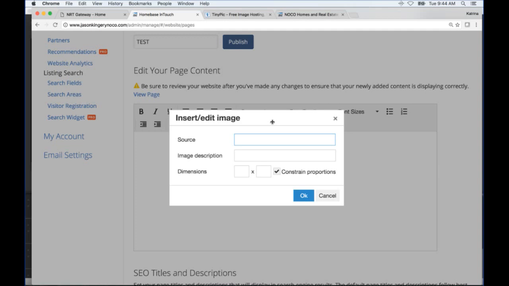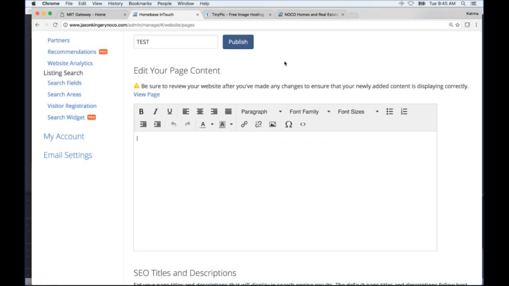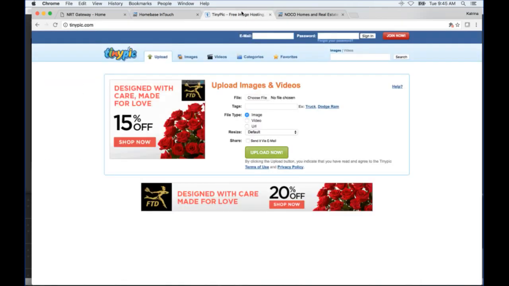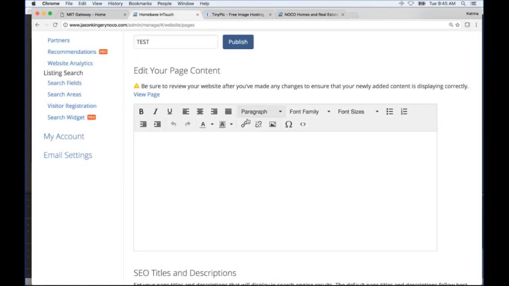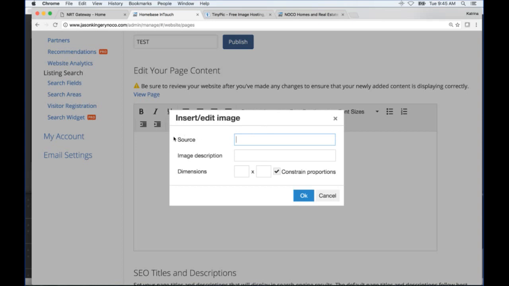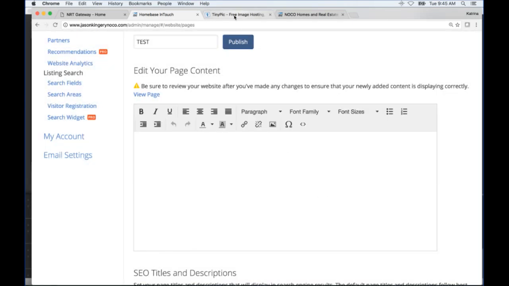In here, it's a little tricky. Right here it says Insert Editor Image. When you click on that, what you're used to seeing is a search for files, a choose file, to find an image that you have saved on your computer. In this program, they actually want a specific source for the image, not the actual image itself. So there's a program you can use, and again, I'll have Katrina put this in the notes, it's TinyPic,